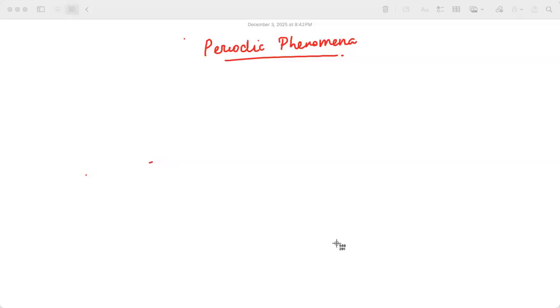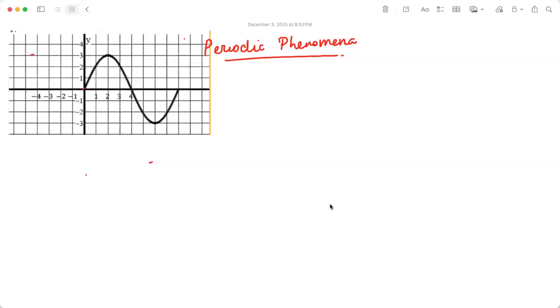Starting now, our functions are going to look periodic, literally. Looking at this function, if this is considered a periodic function, what is a period? From here to here, when you see the xy graph, the y values have their own values. Here it is 0, here it is positive 1, here it is again 0, here it's a negative 1 and again a 0. However, this graph tends to repeat the same thing again and again.